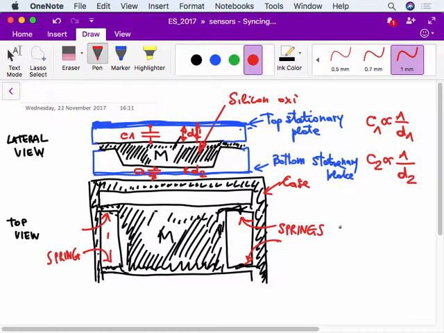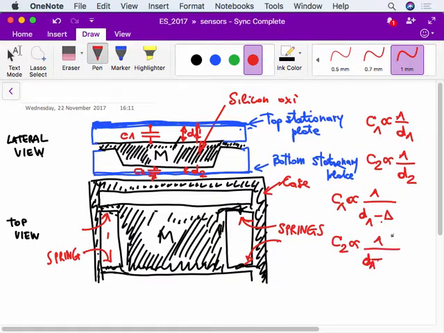If the mass oscillates, C1 is proportional to 1 over d1 minus delta, and C2 is proportional to 1 over d1 plus delta. Okay, and therefore when you have a variation of the mass, both the top and the bottom capacitance change, and